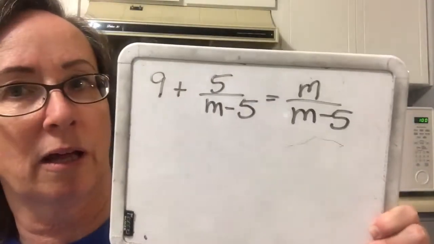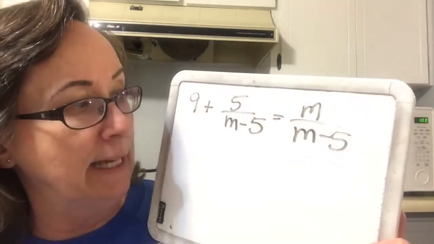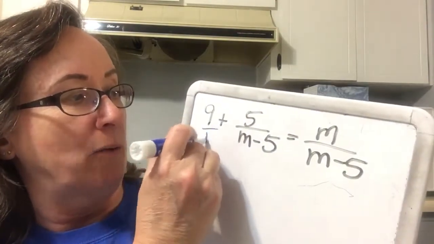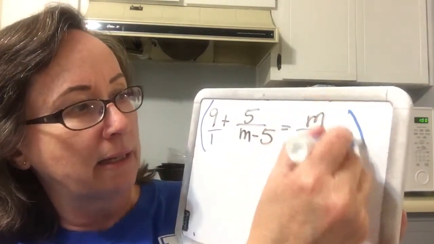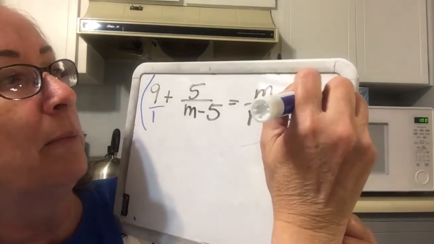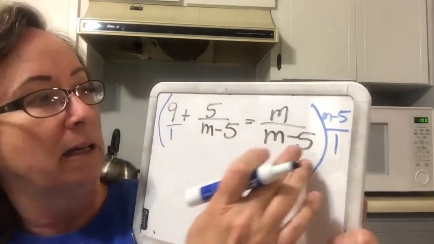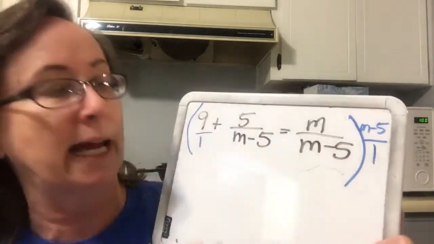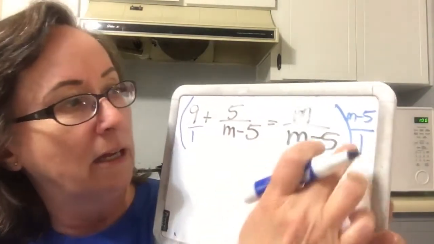Okay, the next one that we're going to do is another equation that we're going to solve. And this one is very nice because we already know what the LCD is. M minus 5, this has just got a 1 underneath, so we don't have to worry about it. So we're going to multiply both sides by the LCD, which is m minus 5, and we're just going to stick a 1. Now we're doing this on both sides, so m minus 5 all the way across both sides. It's just because of space that I'm putting it on one side, but I'm distributing everything with m minus